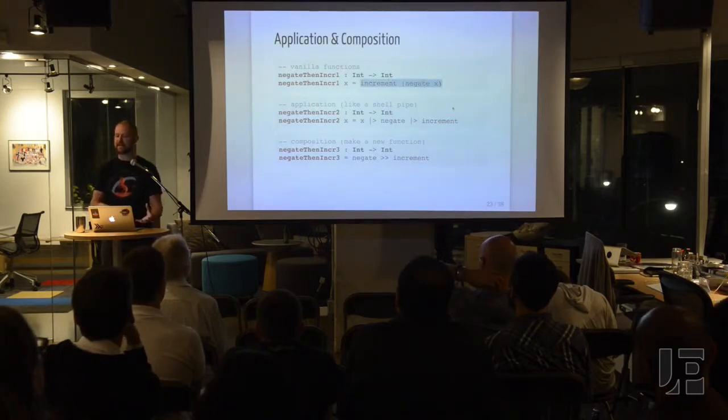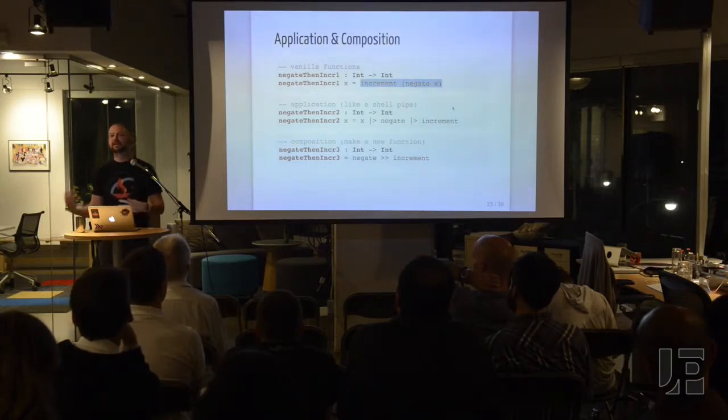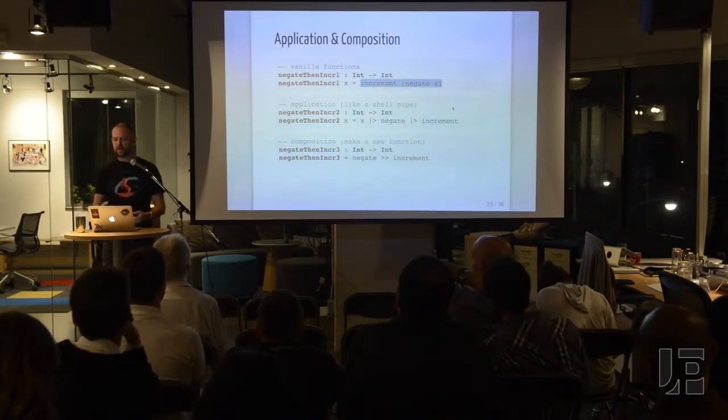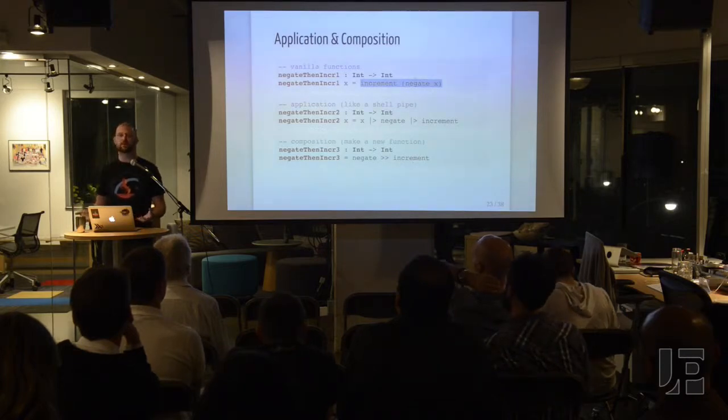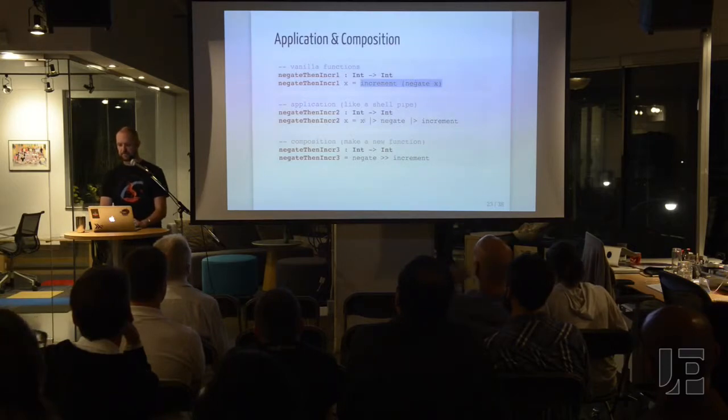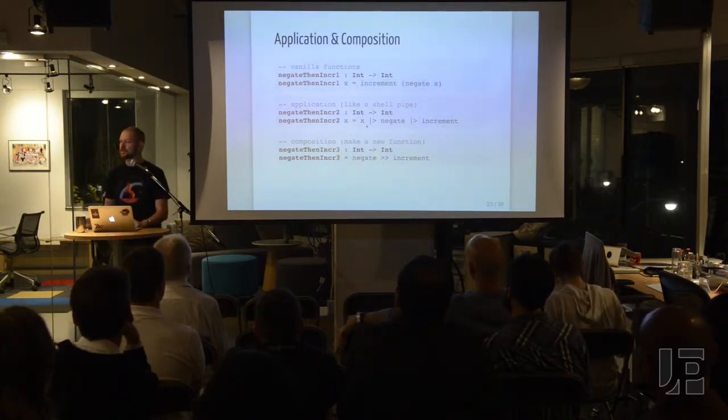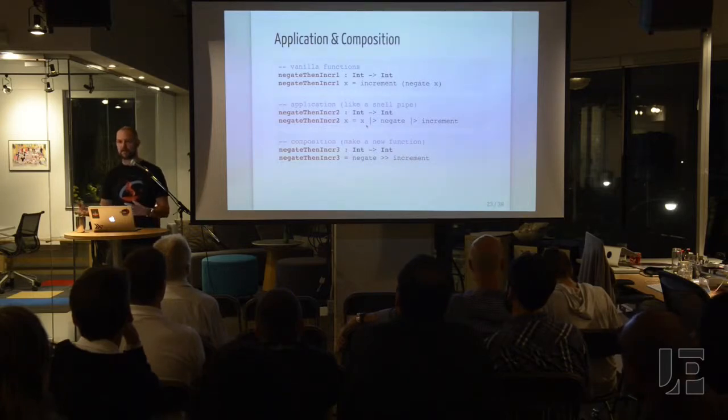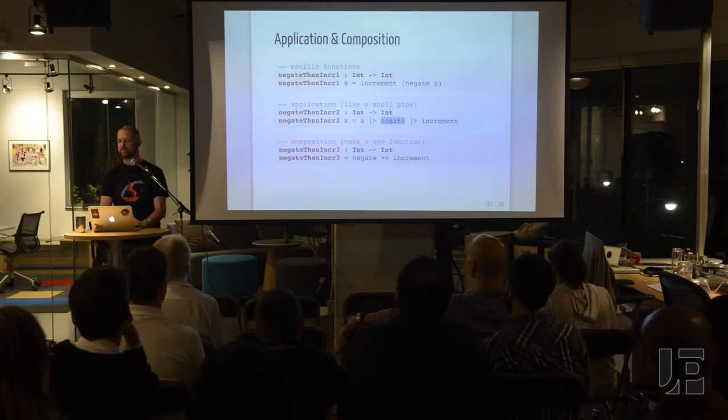Let's say I have a negate function and an increment function, and I want to make a function that negates and that increments. What I've highlighted here is pretty standard. You'd probably see this in a lot of other languages. If you're used to using a Unix shell and piping values between commands, this will make sense. You can take x, pipe it to negate, and you can take the value and pipe it to